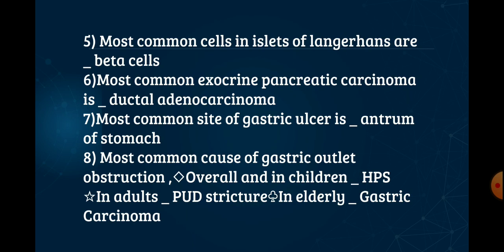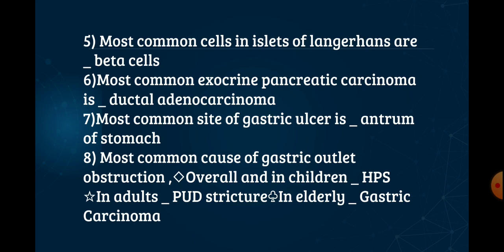And then the most common cause of gastric outlet obstruction overall and in children is hypertrophic pyloric stenosis, HPS. They give a history of smoking as well as genetic history for HPS, but you have to remember that it is projectile vomiting in the scenario, and non-bilious because bile pigments and salts are secreted inside the second part of the duodenum where the ampulla of Vater is. So if there is a gastric outlet obstruction, all the stomach contents will be in the vomitus. It is a non-bilious projectile vomiting, and history of smoking and genetic history of the same given, then it is HPS,